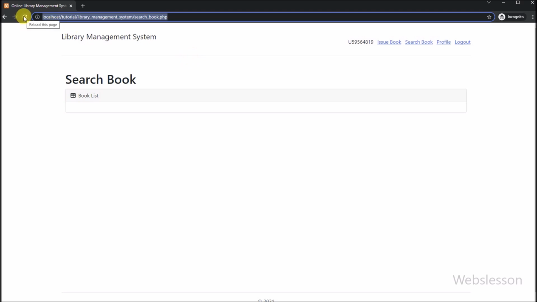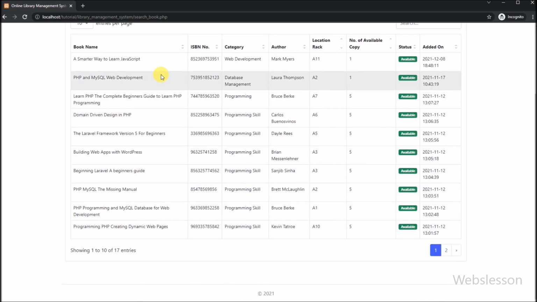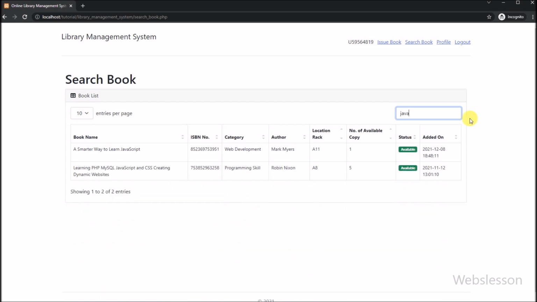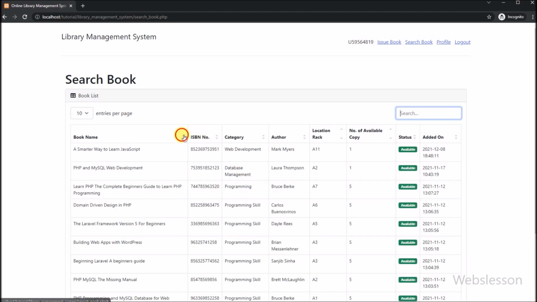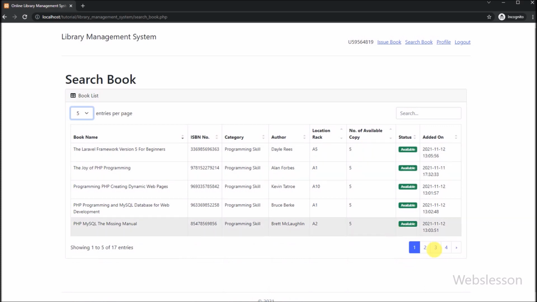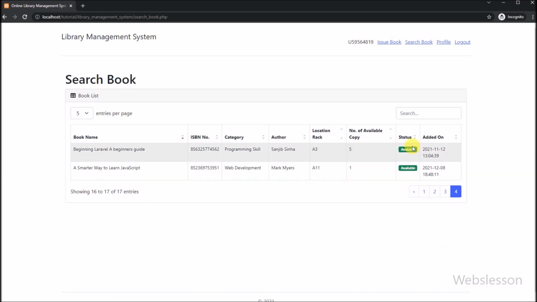Friends, here we have to refresh this web page, and after refresh of the web page, here we can see that book data has been displayed in Simple JavaScript DataTables. And here we can perform live data search operation, and then after, we can easily sort table column data by simple click, and after this, we can see that this library has made pagination links, which we can see here, and here we can also set how many entries of data we want to display on the web page. So by using this JavaScript DataTables, we can perform all the operations which we perform in jQuery DataTables, without writing any line of code.